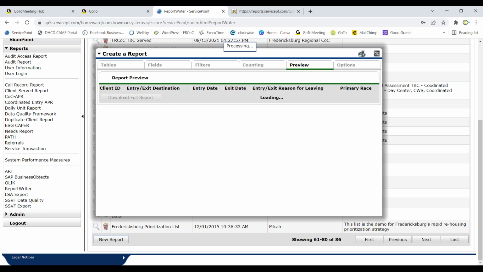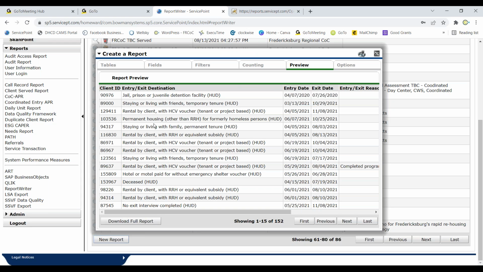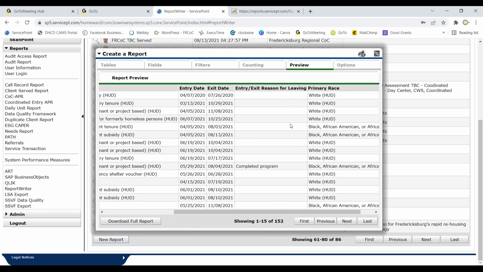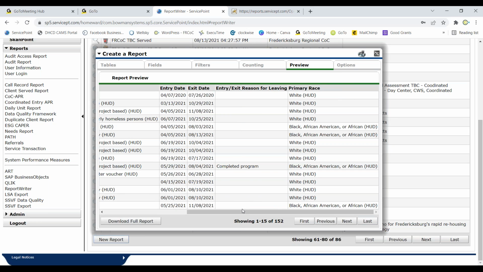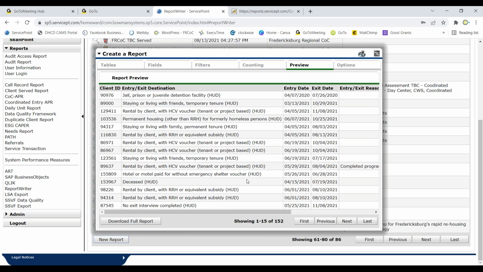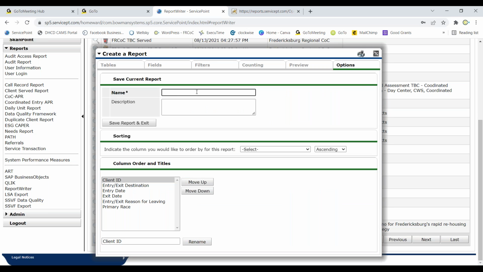It takes just a second to actually process it, and then it'll actually give you the client ID, where they discharged to, how long they were there, why they left, primary race. But let's say I don't want them in this order. I want this information towards the end. So if I go to the options, you can name it whatever you would like to name it. If I want to sort it, let's say I want primary race up at the top. So we can resort the order,